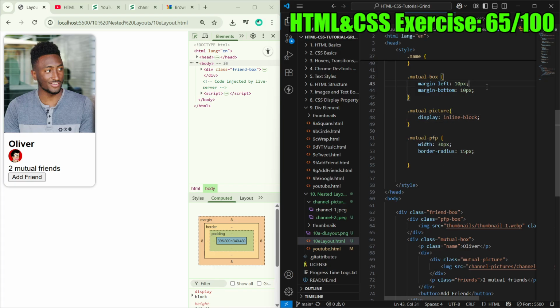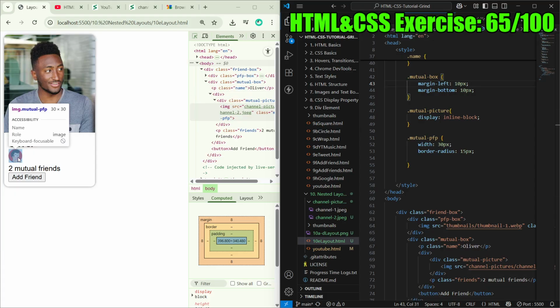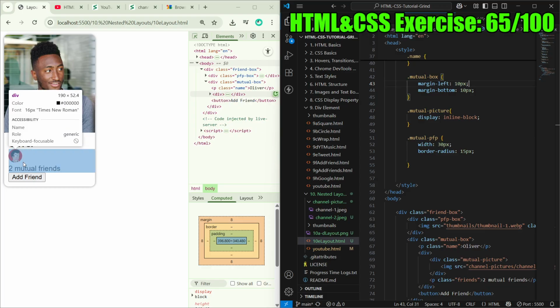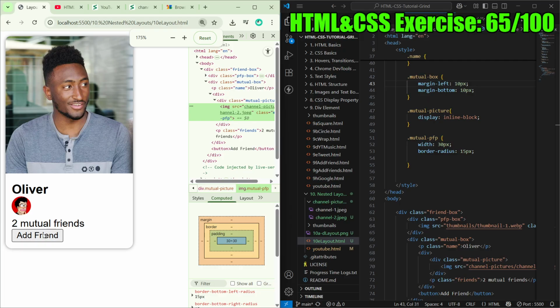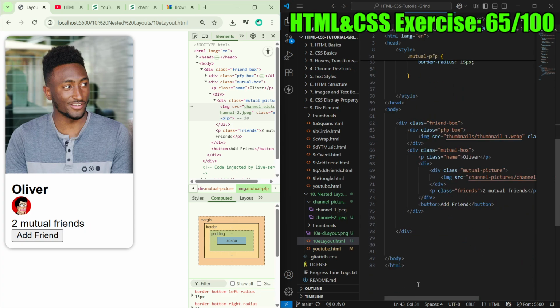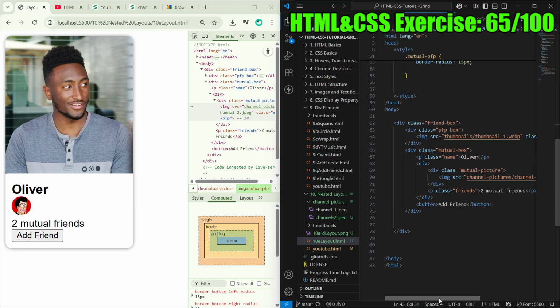Still doesn't work. I wanna kill. I wanna jump. I wanna jump off. Okay. And then the div mutual picture. What's wrong with this? Why are you not cooperating? I'm actually super frustrated right now. Why do you not wanna? Is it the paragraph that I need to? I'm gonna lose my mind. This is the only thing I have to fix. It needs, but it's already